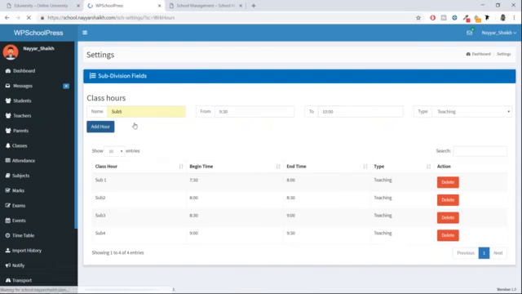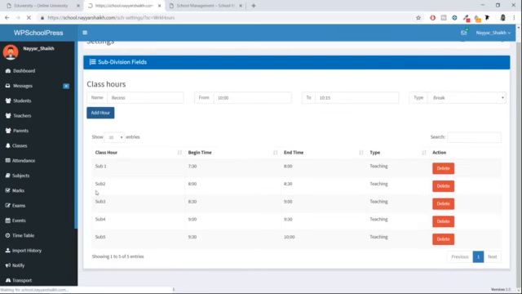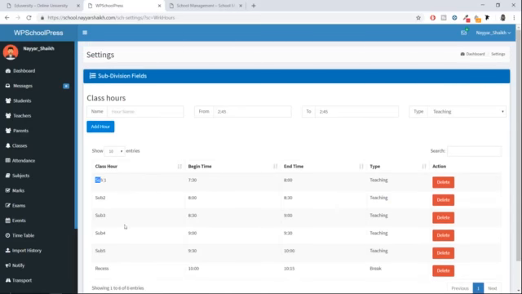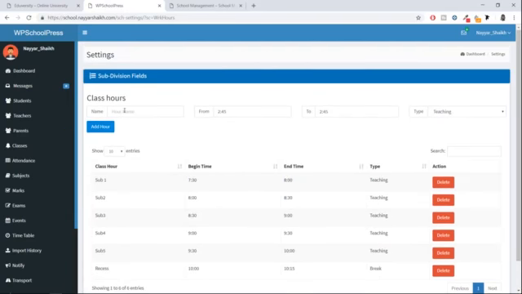Alright, now in this subject 6, I can simply type in recess or break, because this was the break time. So this was from 10 to 10:15. That is what it is. Okay, and in the type, I'll select break this time. Okay, and click on add hour. Okay, so we used to have these 5 sections of teaching, and then we had this break for 15 minutes, and after that again 5 sections, or 5 subjects.